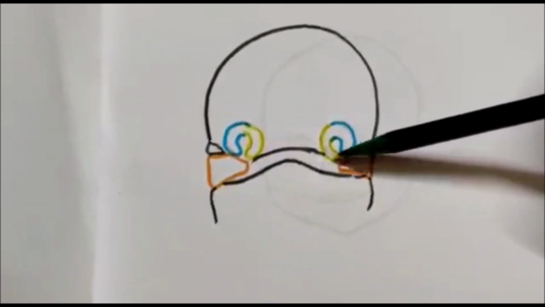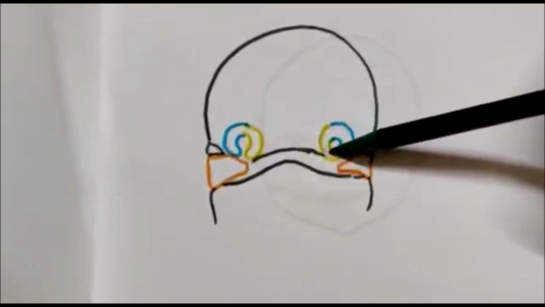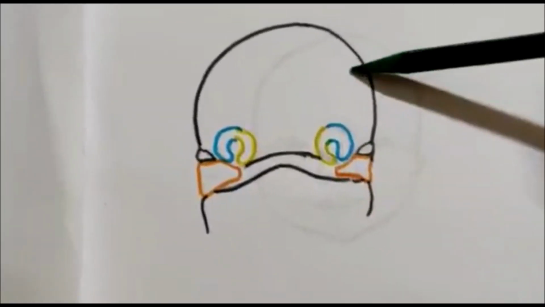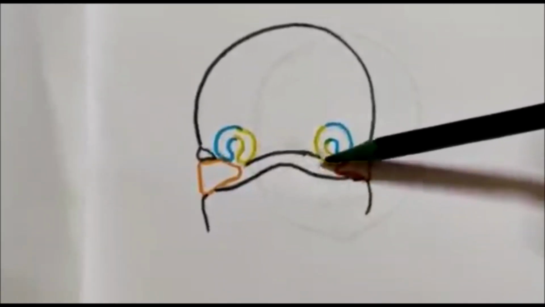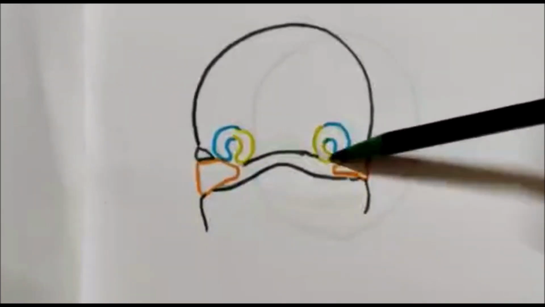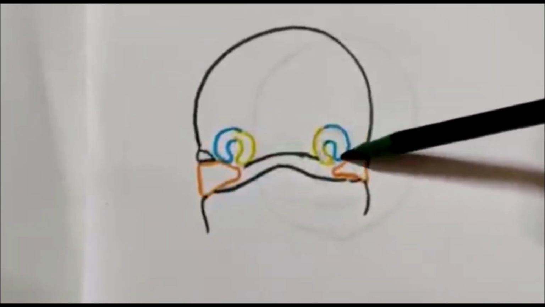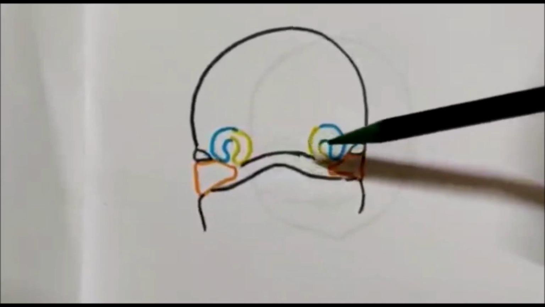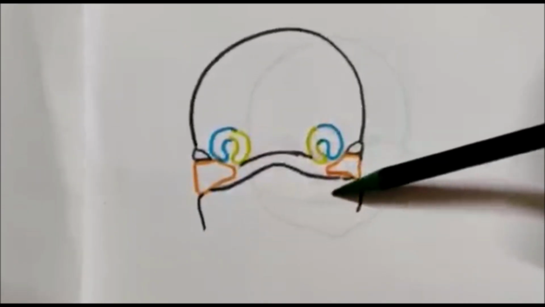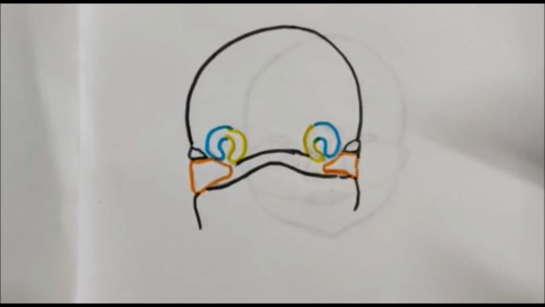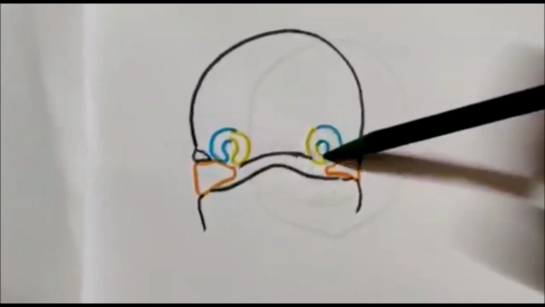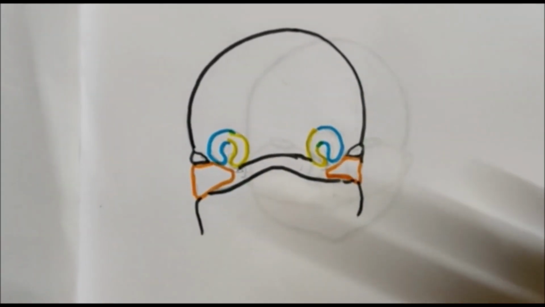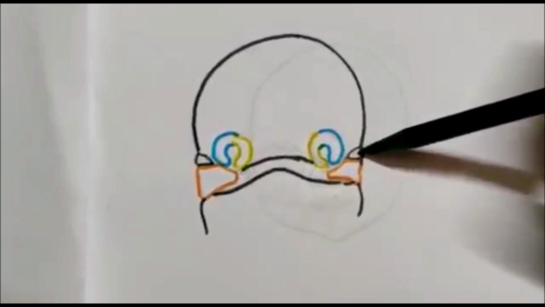The nasal process is further divided into two parts. The yellow one is the medial nasal process, and the blue one is the lateral nasal process. Now in this particular diagram, we can see, because of the nasal pits, we have two more processes on each side, that is the medial nasal process and the lateral nasal process. At the same time, on the lateral aspect, the eye is developing, and the maxillary and mandibular processes are also seen around the stomatodeum. In the beginning, the medial nasal process is continuous with the stomatodeum, as we can see here, and the developing eye is on the lateral side.